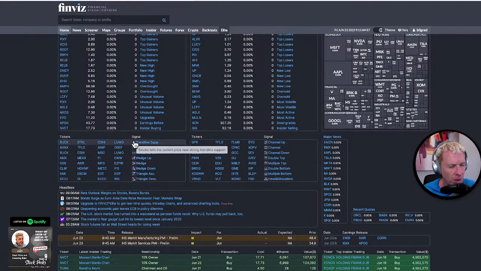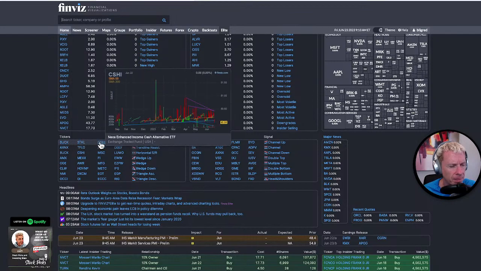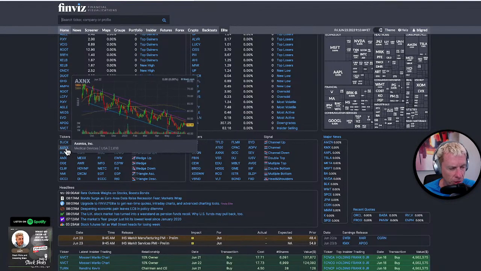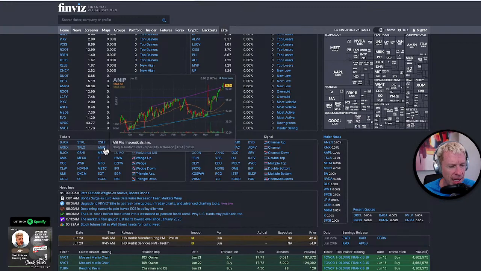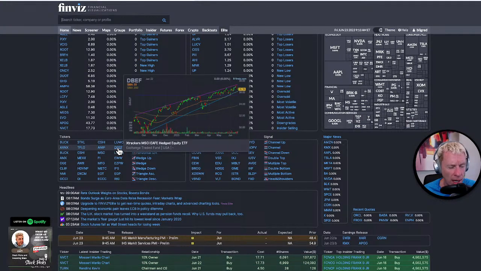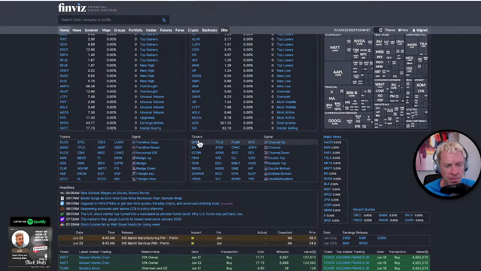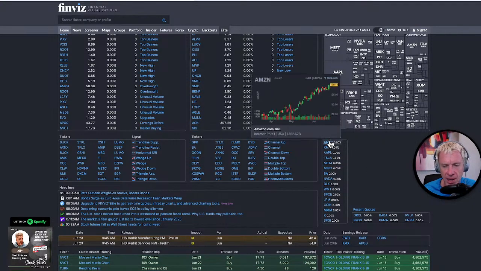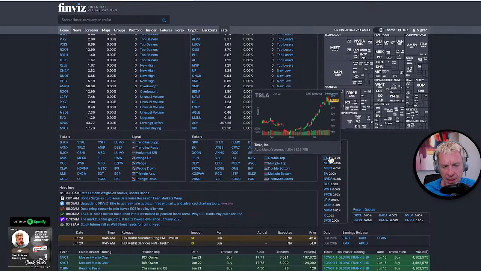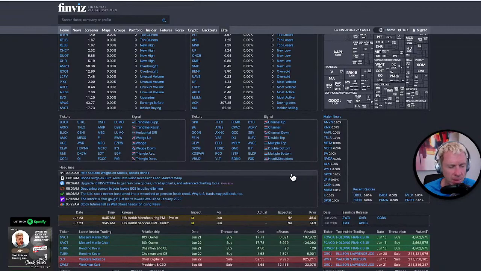Tickers. Trendline support. Buck. Stable income. I'm going to put together this weekend a Treasury floating rate watch list of the covered call ETFs, because I think it's time. Amazon, CarMax, Apple, big news. Tesla, big news. Meta, big news. I don't even know what the news is on those. Recent quotes, Baba.